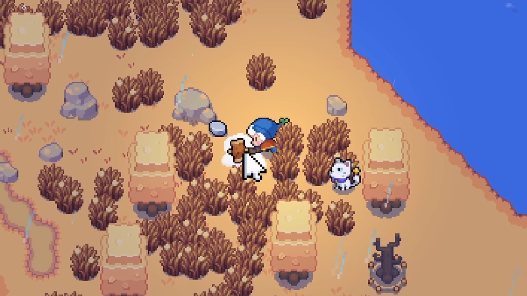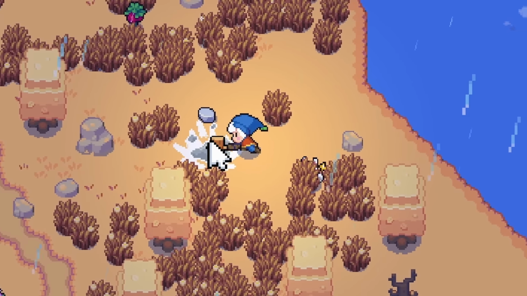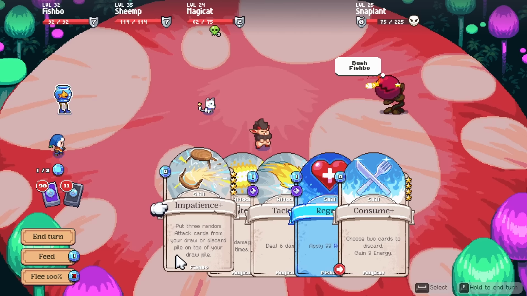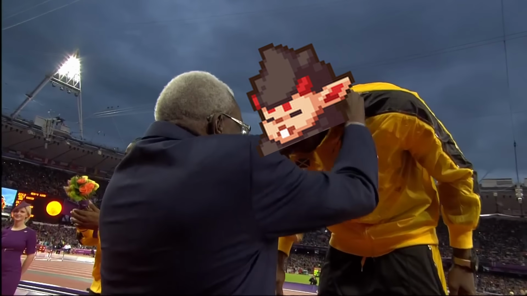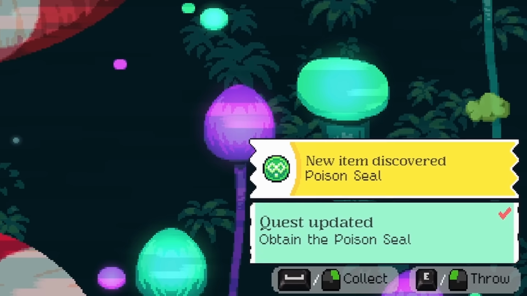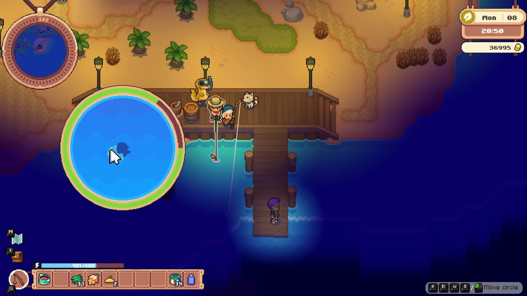I went back to get what I needed for the second offering and rested for the challenge ahead. The first few enemies fell easily, but sure enough, the temple was home to a fierce-looking snapdragon. Once again, Shimp and his fiery personality had to step in to save the day. Flashes around the arena, rather reminiscent of Cathy Freeman. I was rewarded with the poison seal for completing this mushroomy temple